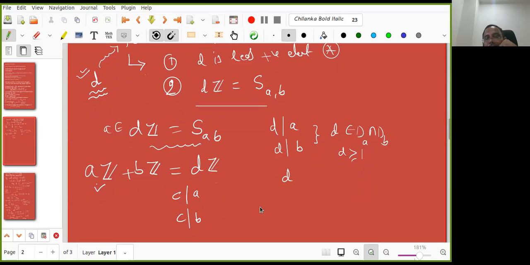Then from this, how do you show that C is less than or equal to D, or C divides D, whatever? I want the greatest, right? Yes, sir. If C is negative, then already C is less than or equal to D, so I'm done. So I'm assuming that C is greater than 0, okay? So if any common divisor is there, then D is greater than that, or D divides it. In fact, we can prove that C divides D also. Now go ahead, Akshat.